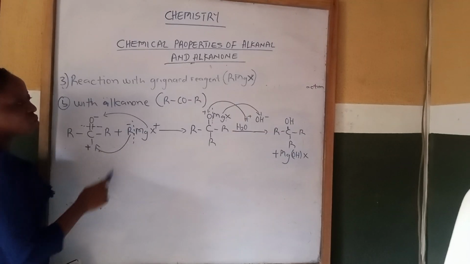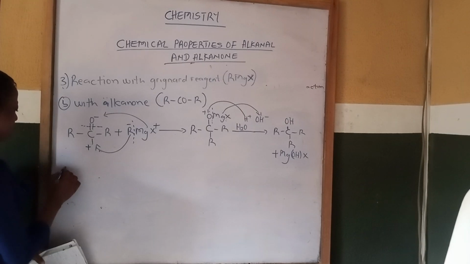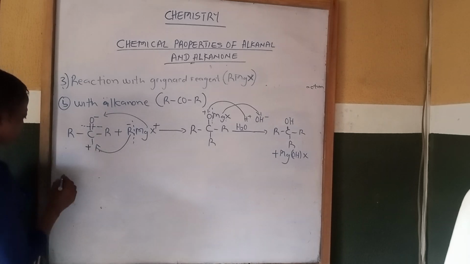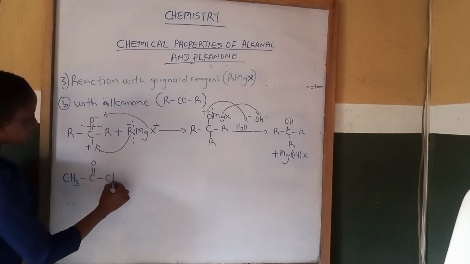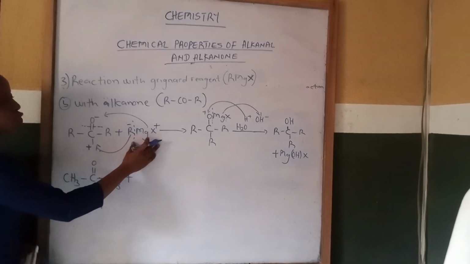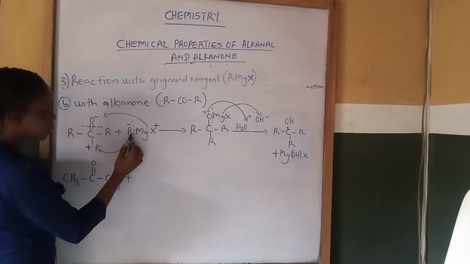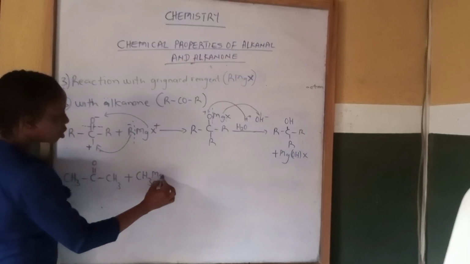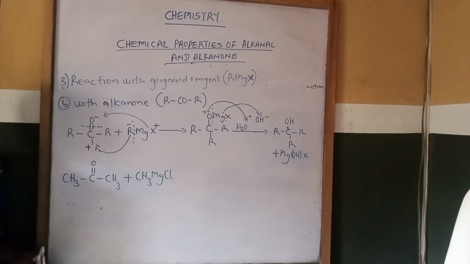So let's replace with a known alkanone and see our product form. Now, I want to replace my first R with methyl, then double bond O, then the second R with CH3. Then let's use a known Grignard reagent now. R is an alkyl group. I can use methyl, then Mg. I'm not going to use bromine this time around. Let me use chlorine,